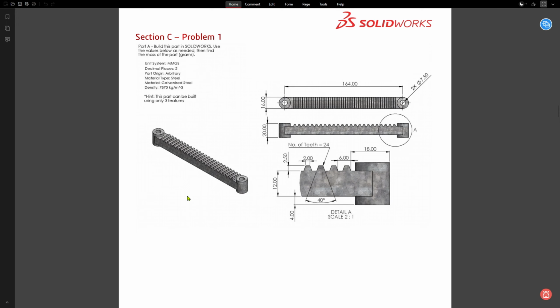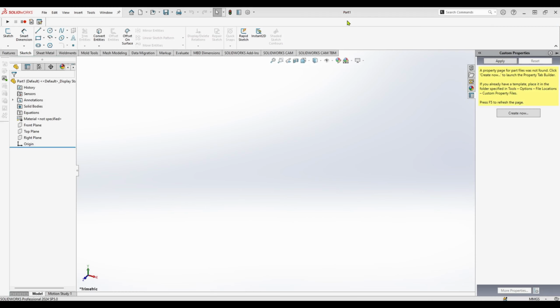So let's get straight into it. In this video, we are jumping into section C, and we are starting with problem 1. So we have a rack, no global variables for this one. We have 2 cylinders on either side with a center distance given. We have some teeth, which we have the dimensions of here. So we can already see that we're going to need a linear pattern. So looking at the instructions, build this part in SolidWorks, use the values below as needed, and then find the mass of the part. Okay, so heading over to SolidWorks,